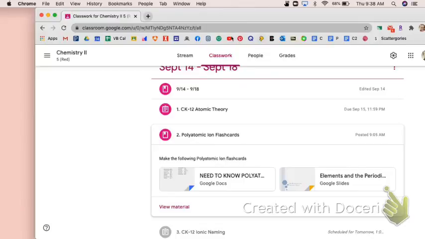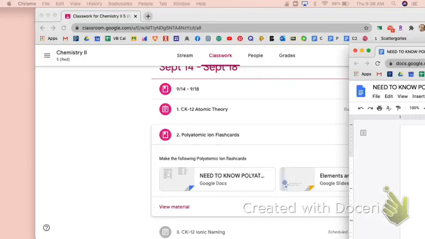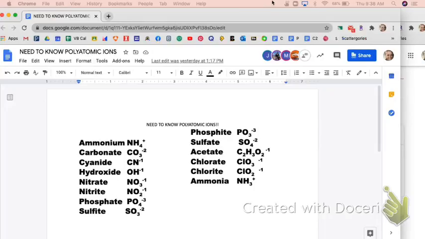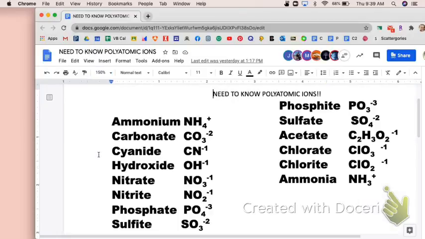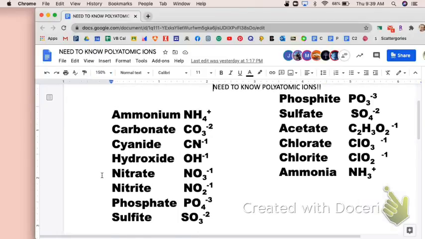Here is the polyatomic ion sheet. You can pull it up on your own screen if you want, or you can just look at it up here. Should have the name on one side, formula, and the charge on the other side. You will have to know formula and the charge. Instead of doing flashcards, could I do a Quizlet? You could do a Quizlet if you wanted to. Would that work? Yeah. Okay. You need to have them memorized. The quiz for you guys will be